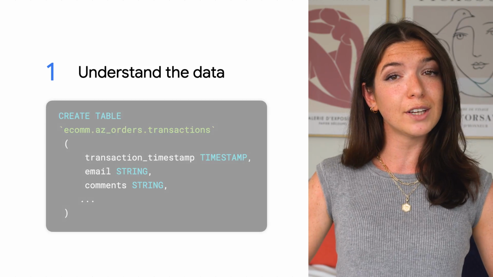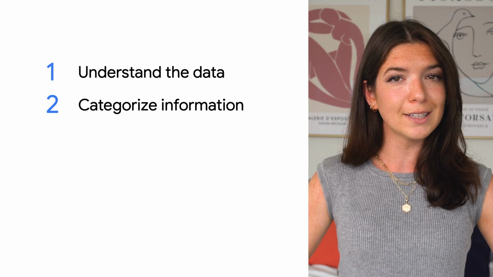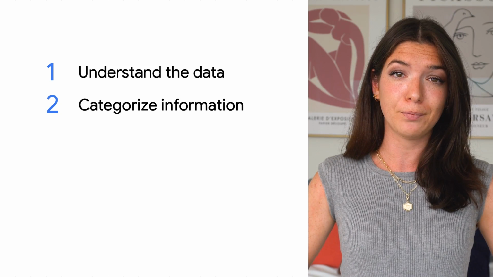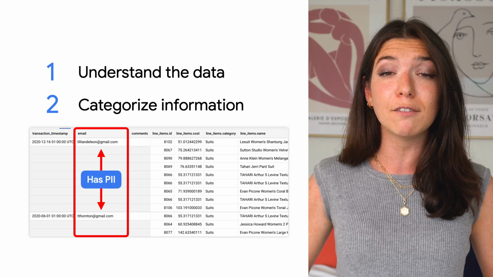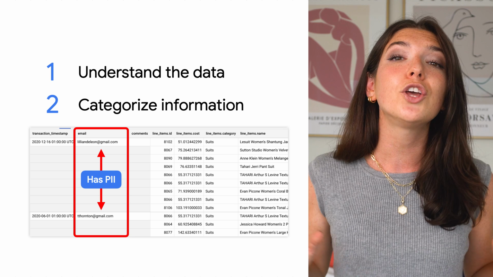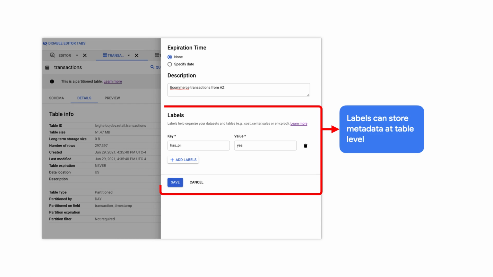Next, you'll need to make sure that sensitive data is protected. To do so, you'll want to categorize the information in your new table. For example, marking specific columns as having personally identifiable information. You might remember that tables can have labels. While labels are a great way to easily categorize BigQuery objects, they are a bit limited and can't be used for specific columns. Lucky for us, BigQuery has deep integrations with Data Catalog, Google Cloud's data discovery and metadata management